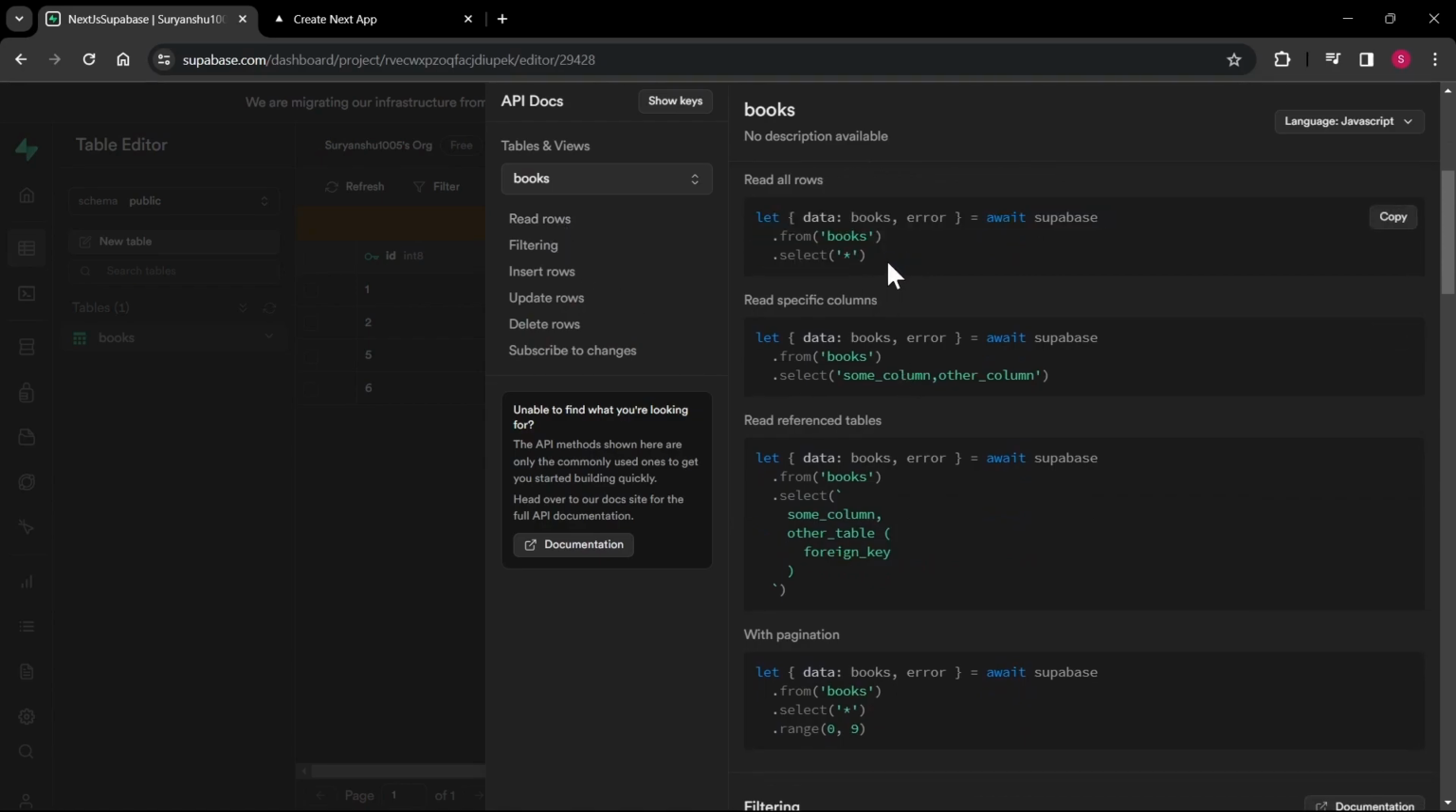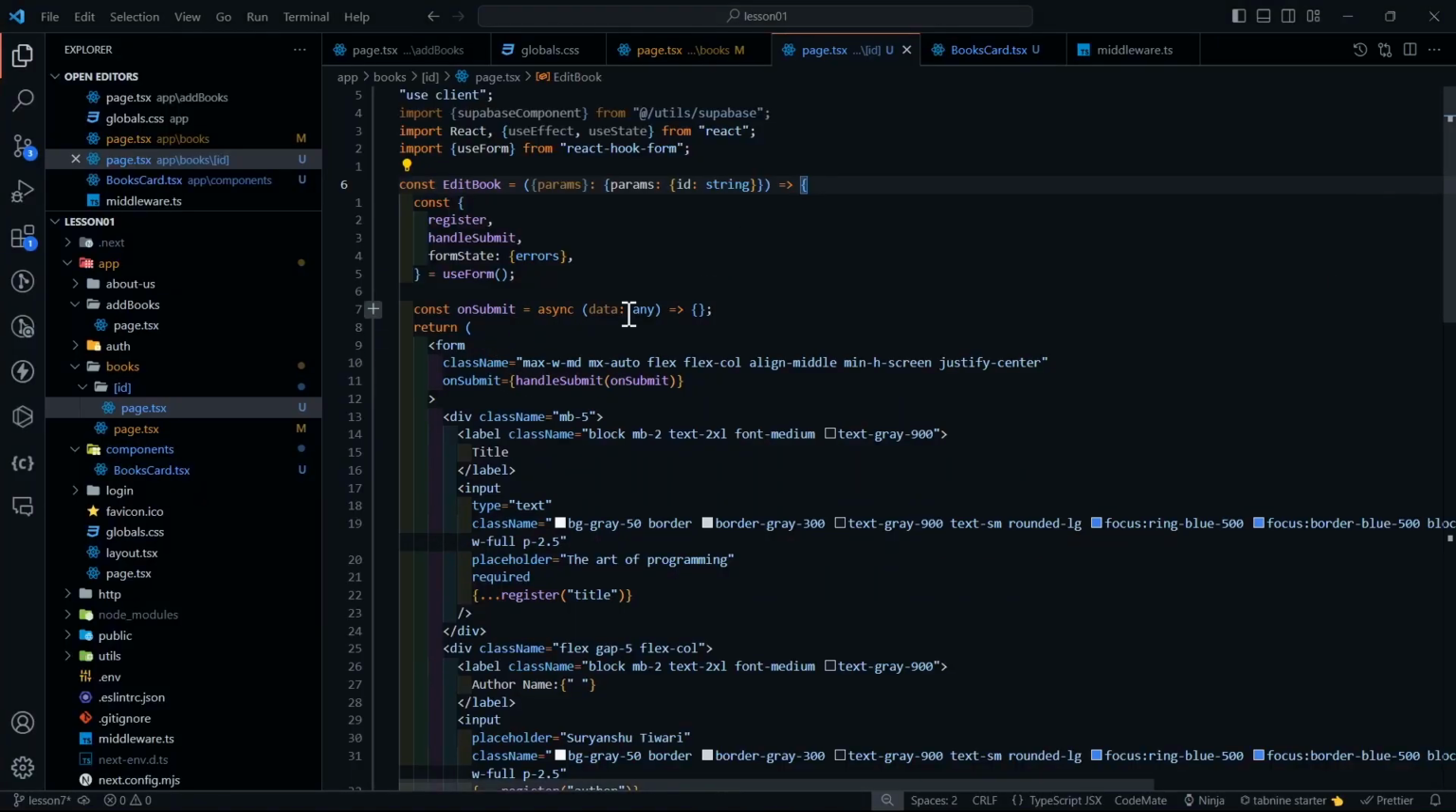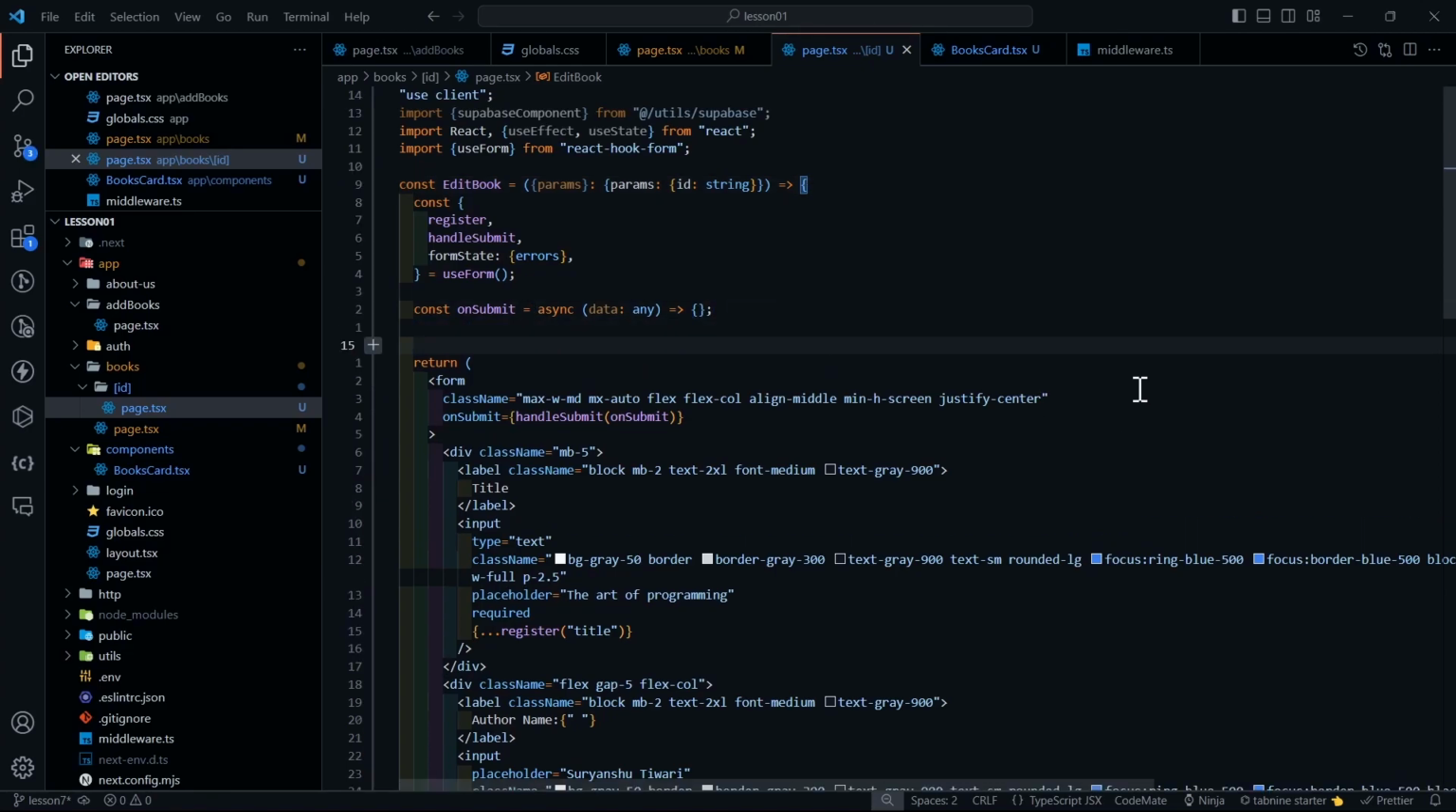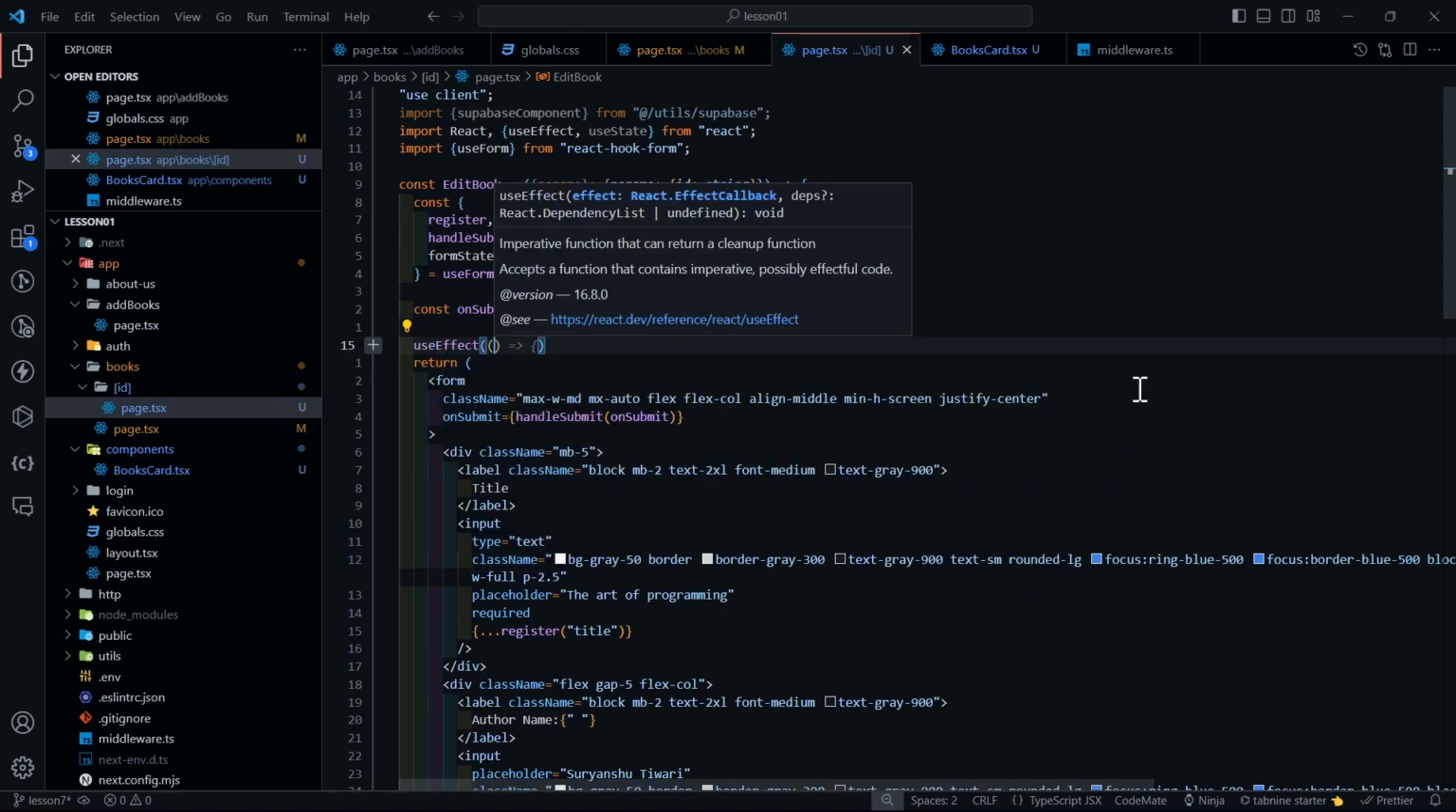What we are going to do now is exactly copy this and go to our on submit function. And okay, let's not go to our on submit function. We need to fetch the data. So for that we are going to use useEffect like this,